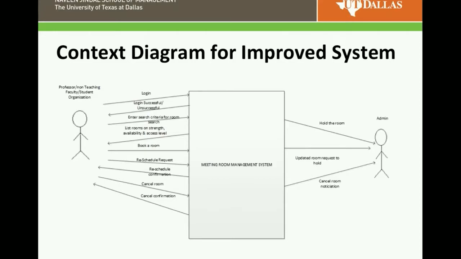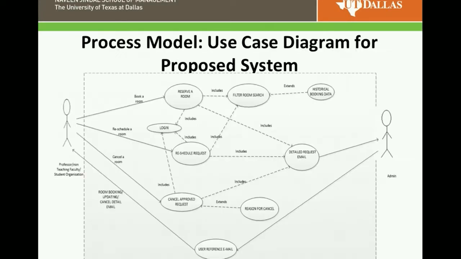And here the admin basically holds all the tasks which were given by the user, like reserving, rescheduling, and then the canceling part. Admin holds all the records together and updates the room details in the database, thereby reducing the load on the admin. And if you look at the use case diagram, the new use cases which you can see are the filter room search and the historical booking data, which are additionally added